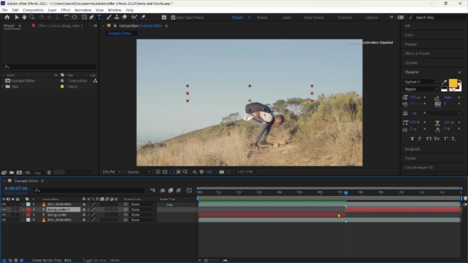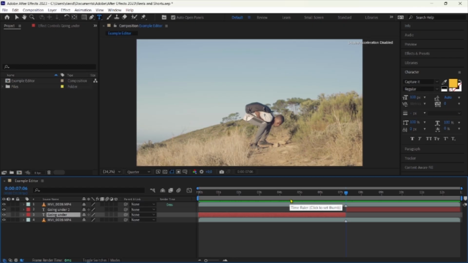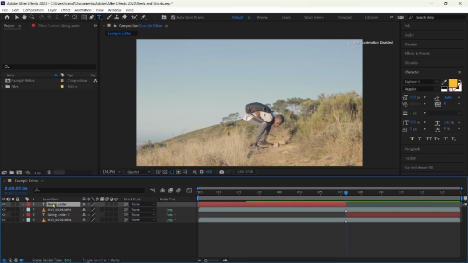Now the layer has been split. We have 2 layers, as you can see. This one on the left, we want that layer to be at the very top. So we go back under source name, you hold and you drag it to the top.